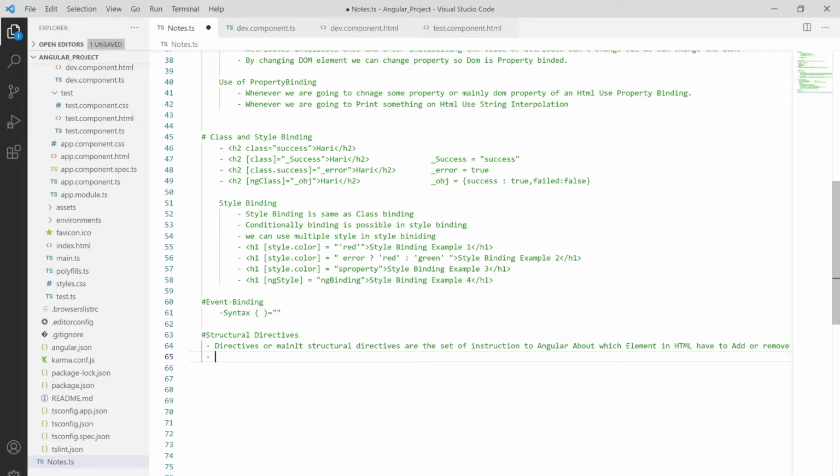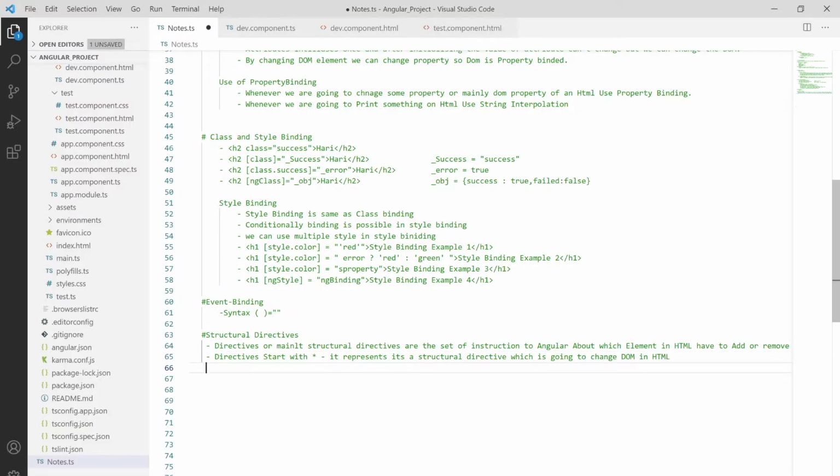And also, directives start with a star symbol, so it represents that it's a structural directive which is going to change the DOM in HTML. So that's all about the theory.